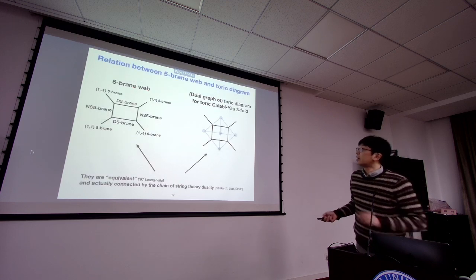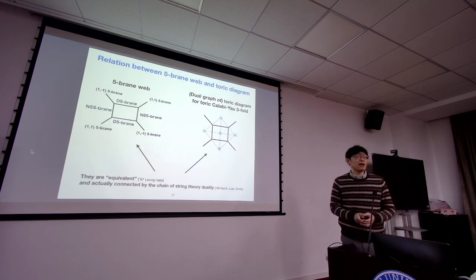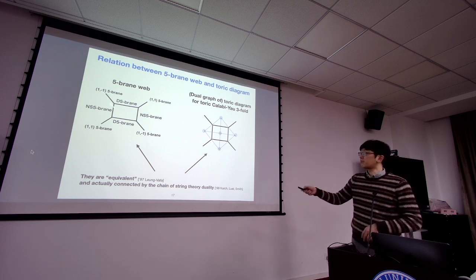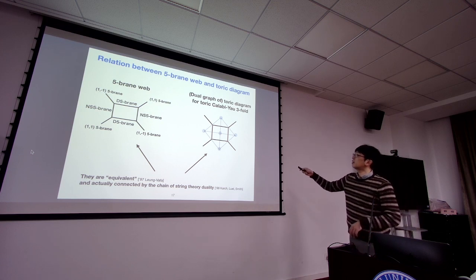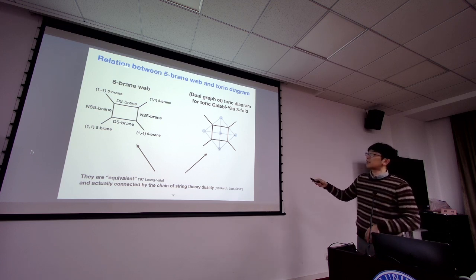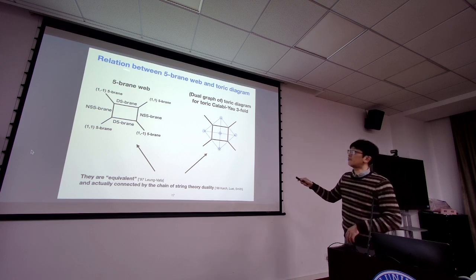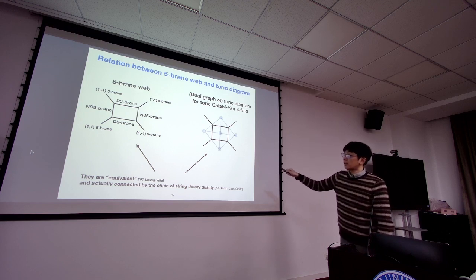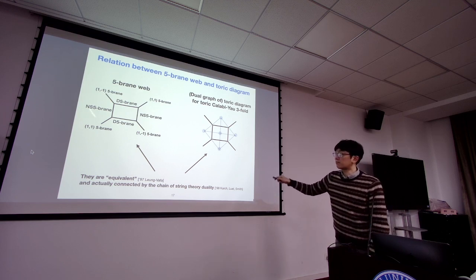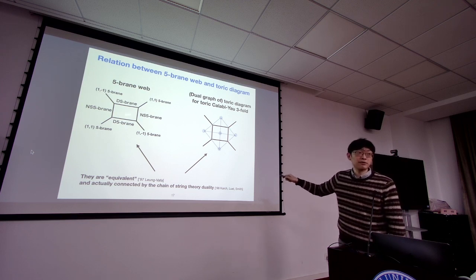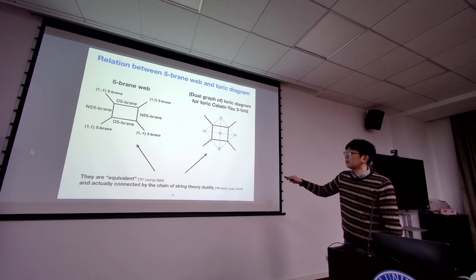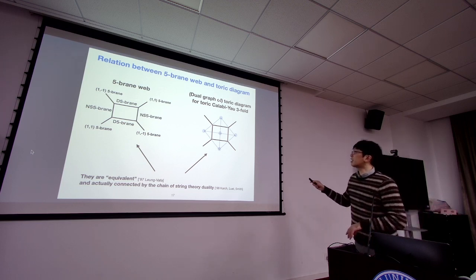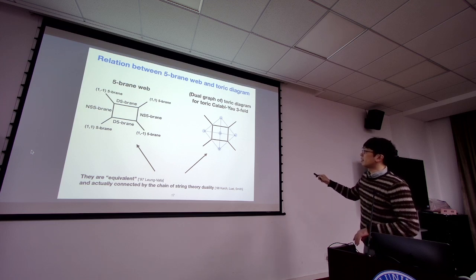Okay. And then up to now I have explained two approaches. One is from brane setup, and the other from the Calabi-Yau threefold, but actually they are very closely related. So once in the fibrin web, I explained this example, which is for 5D SU(2) gauge theory, and we could have started also from the Calabi-Yau compactification, and this is described by toric diagram, which is described by